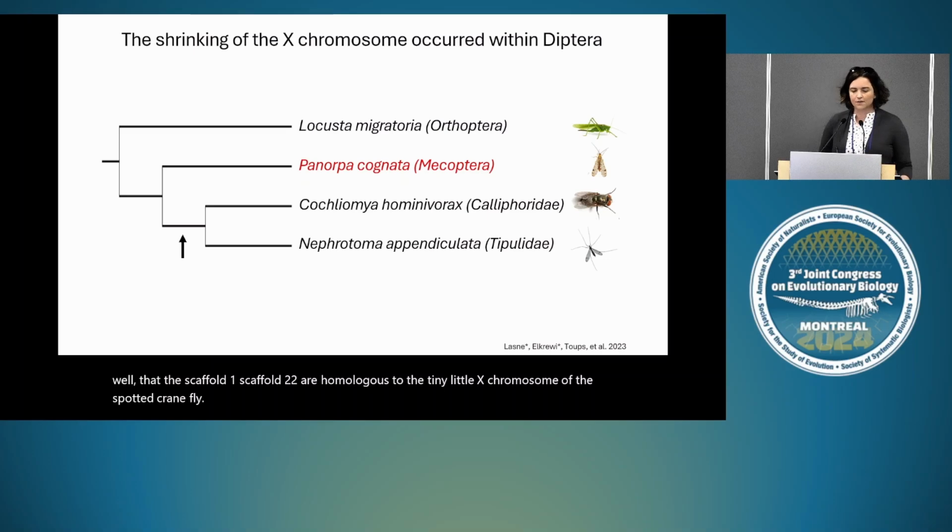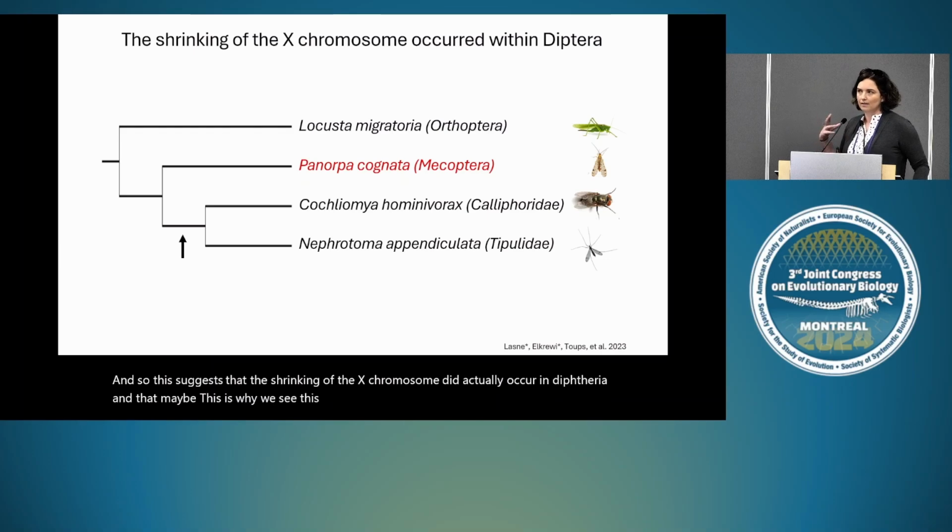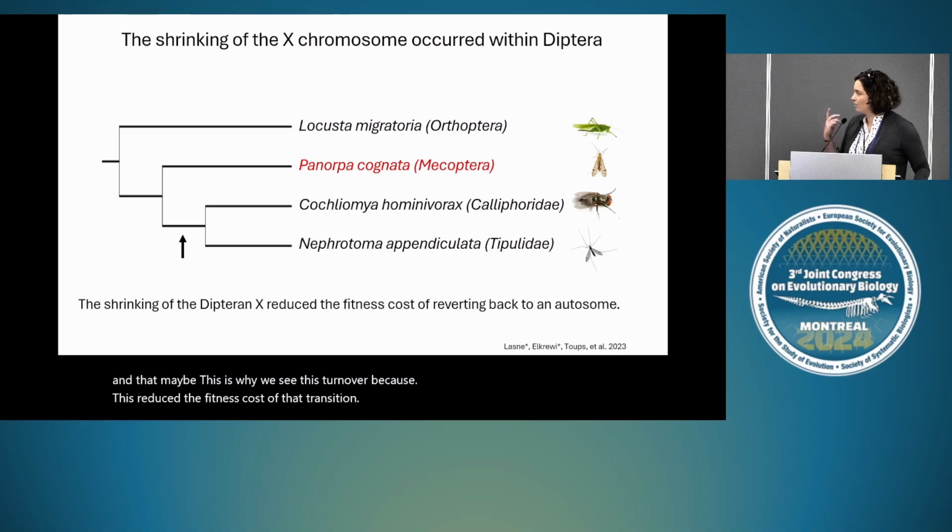And so this suggests that the shrinking of the X chromosome did actually occur in Diptera, and that maybe this is why we see this turnover, because this reduced the fitness cost of that transition, of reverting back to an autosome. And so to summarize the talk,